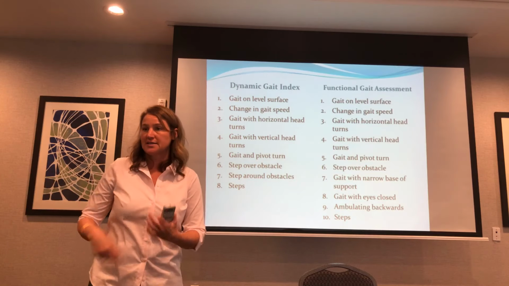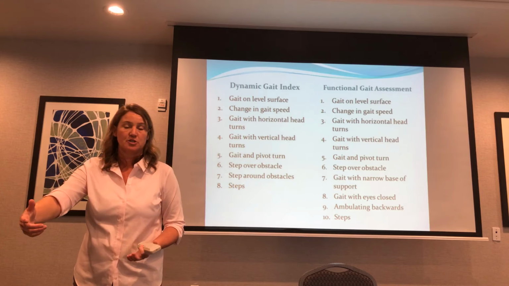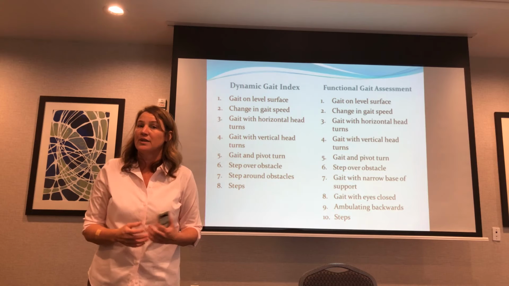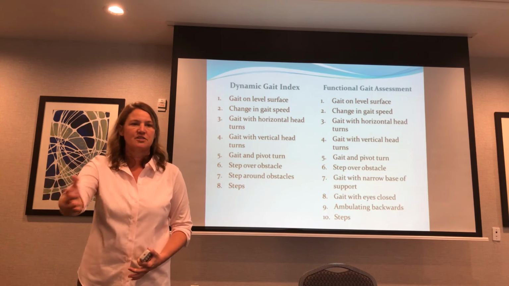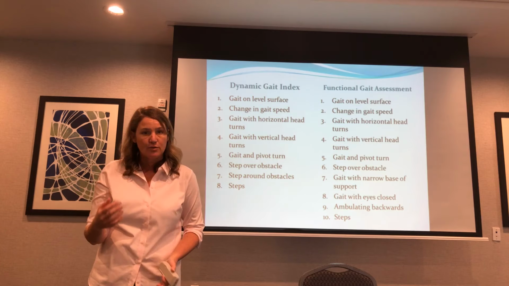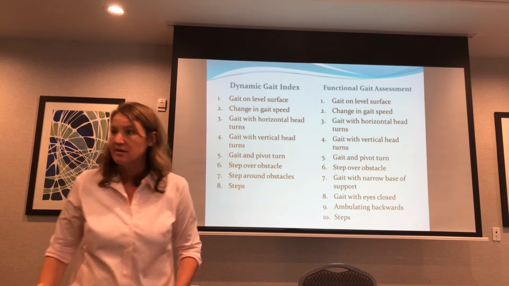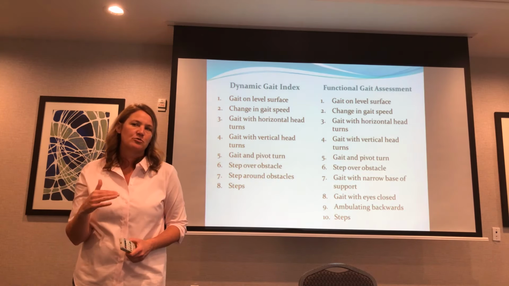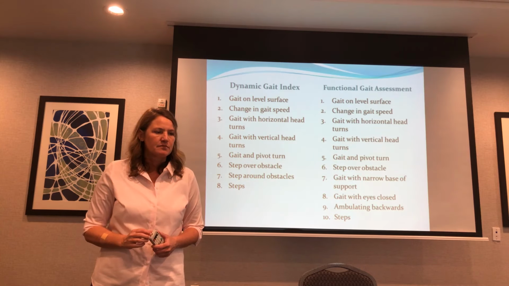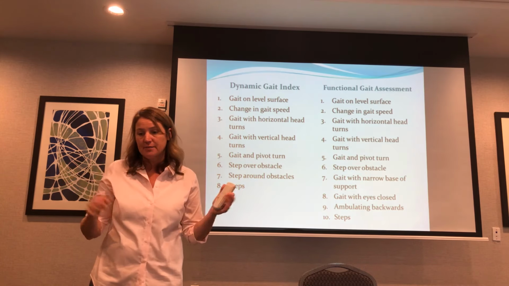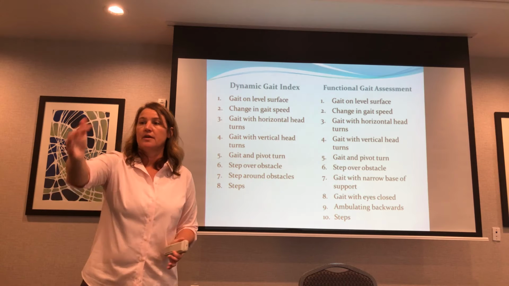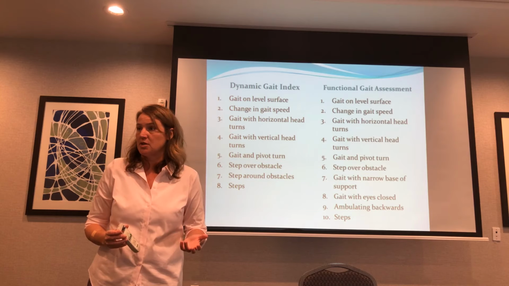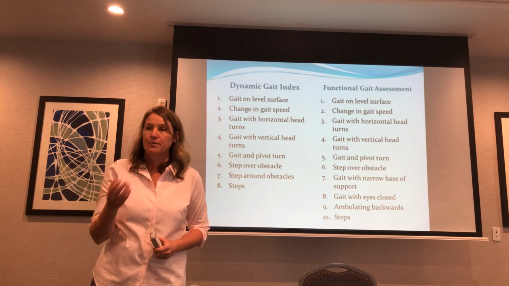So you have them walk and step over an obstacle, which is basically your shoeboxes or stacked shoeboxes. And what you're looking at for the score is, do they slow down? Are they able to do it and just basically not even change their pace at all? Versus do they slow down and they have to negotiate it? Or can they not do it or they kick over the box? Things of that nature. So those are all going to be based on how you score them. Step around obstacles. Same idea, but you have them walk and go around the obstacle and then come back and go around the obstacle. And then go up and down steps. So you have them go up and down stairs and you grade their ability to do it.